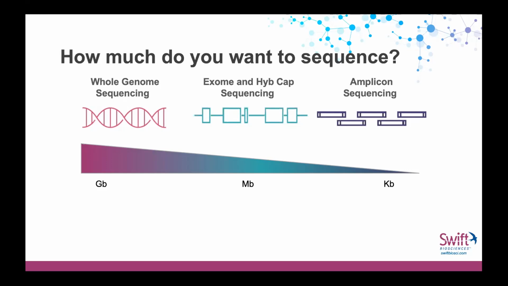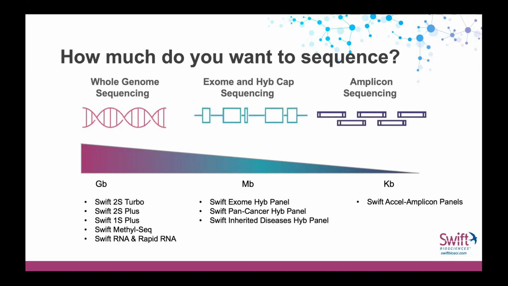And then on the far right is amplicon sequencing, where you are looking maybe only at a few genes, a few kilobases of data, very targeted sequencing to drive your sequencing costs down when you know exactly what you're looking for, typically in more clinical scenarios. And so Swift has a variety of different library prep kits that will convert DNA or RNA into the NGS libraries that can produce data across this range of